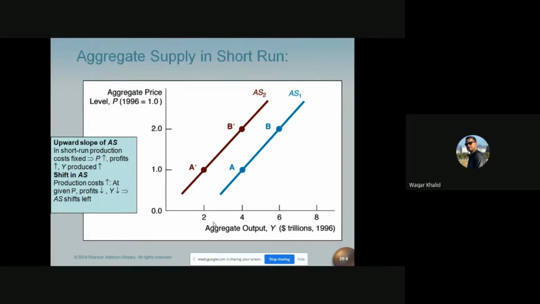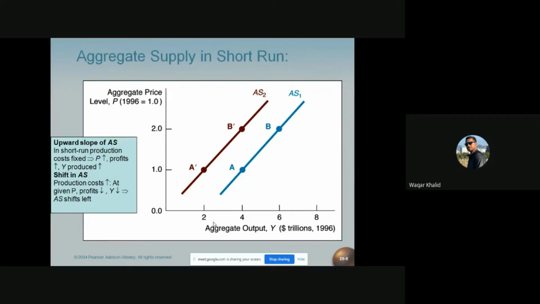So the quantity of output supplied is determined by the profit made on each unit of output. If profit rises, more output will be produced because the business firm will increase its level of output for the sake of getting more profits. So if profit rises, more output will be produced and the quantity of output supplied will increase. But on the other hand, if profit falls, less output will be produced and the quantity of output supplied will